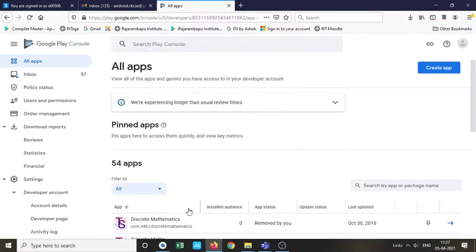Okay, now what is our plan for this session? We are going to publish our own application. One CSE student, Aman Magdum, has submitted to me the details of his Android application. So I am going to launch that here in this session.